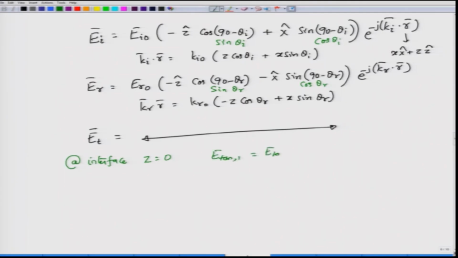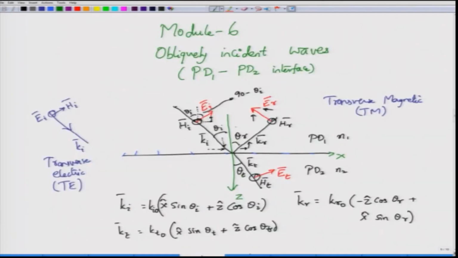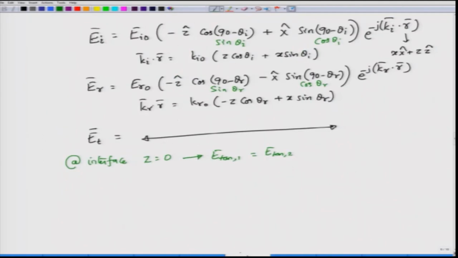So, I have the tangential electric field in medium 1 being equal to the tangential electric field in medium 2 at the interface. In medium 1, I have the tangential electric field, which is the incident electric field along the plus x direction, and the reflected field component along the minus x direction. The components along z are normal, so we do not need to worry about them. For the second medium, the transmitted electric field will have a plus x component, which is also a tangential component. So, retaining only the tangential components, which are the x components from all the field quantities,